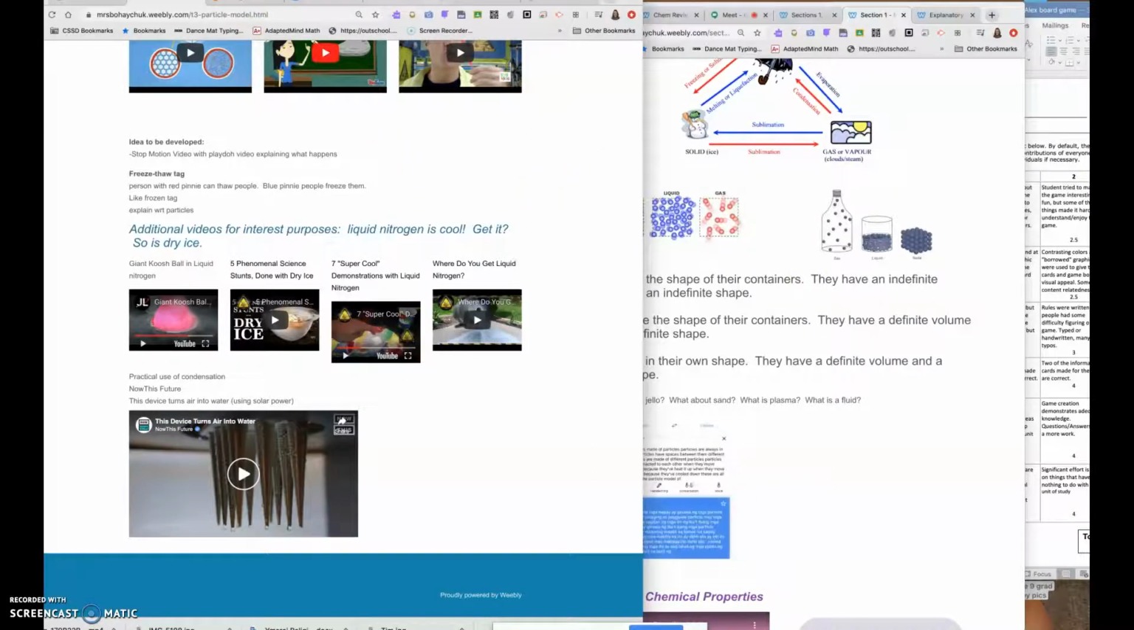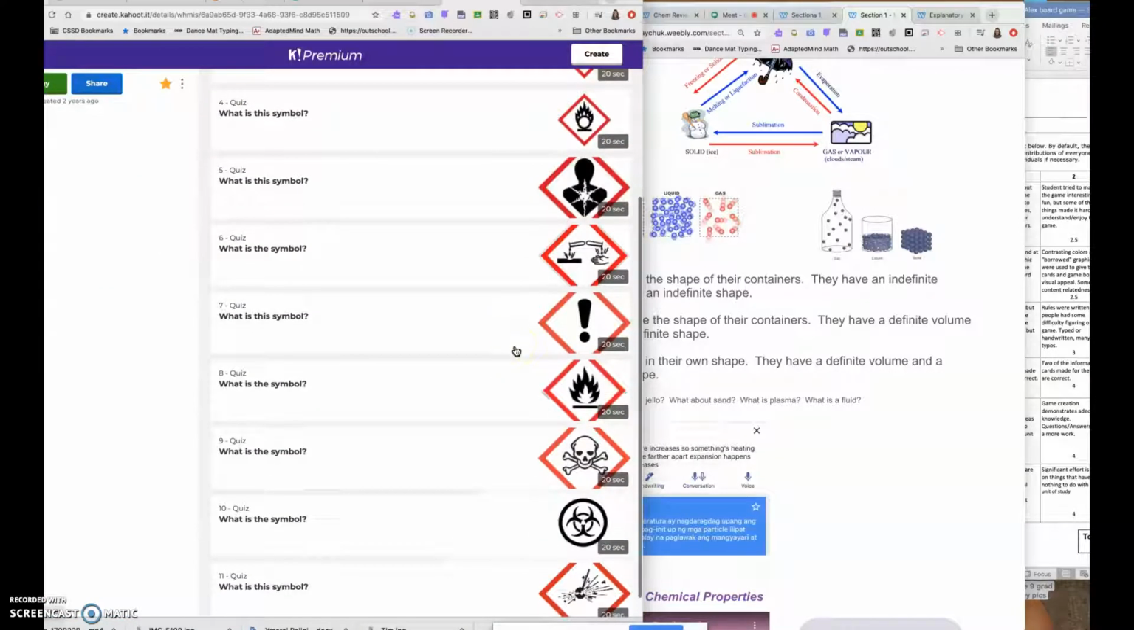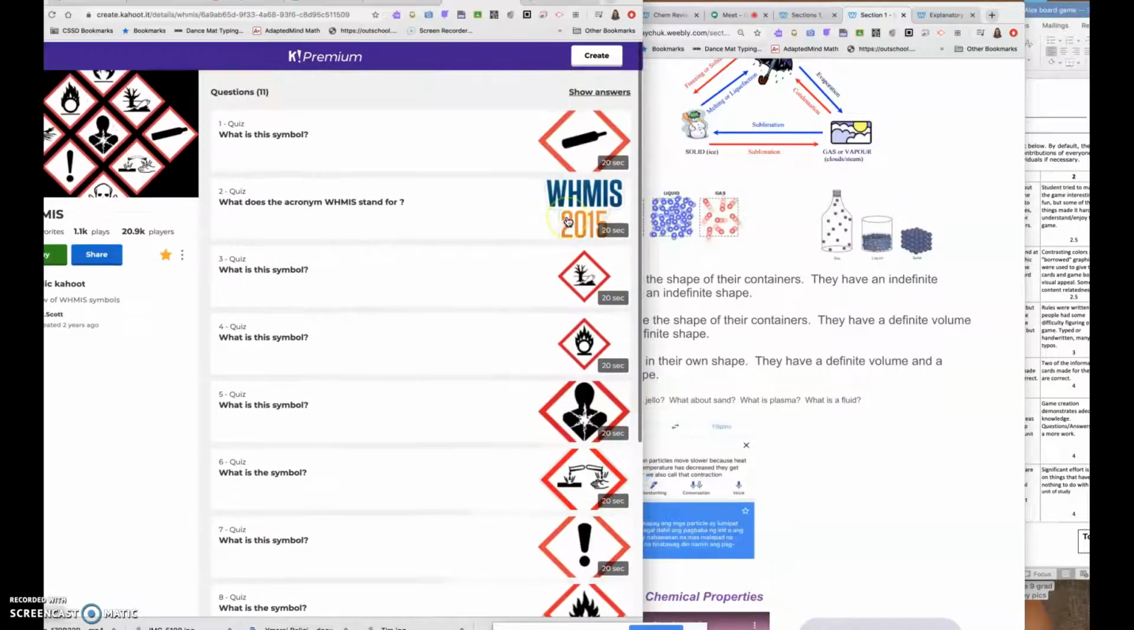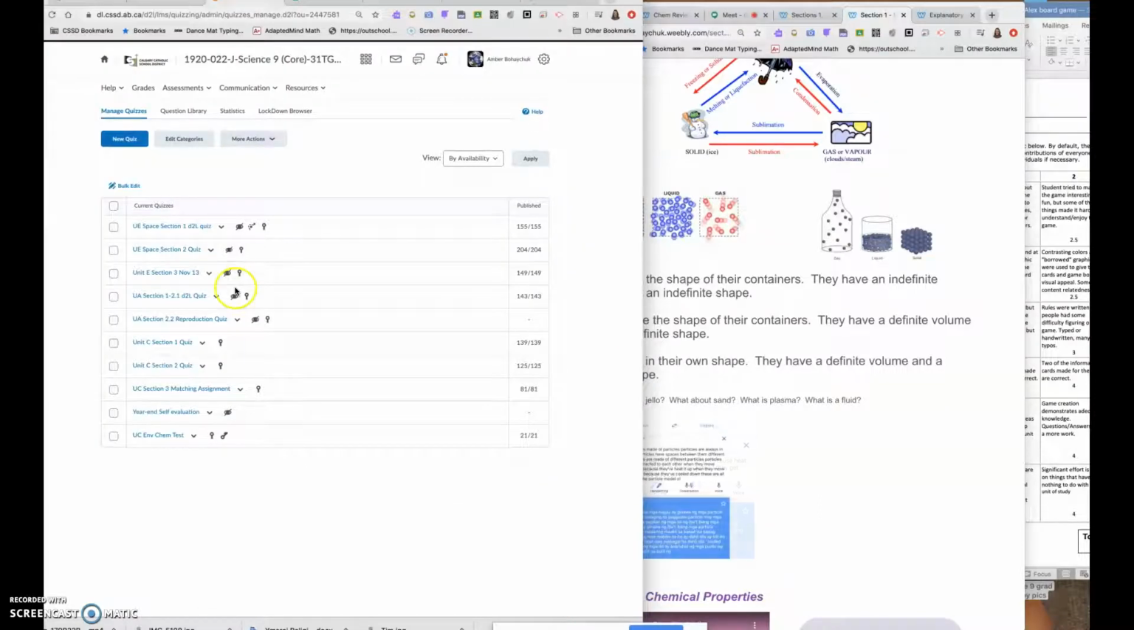Very last two things we did was a Kahoot about the WHMIS symbols. Okay, so please make sure you know what all these symbols are very well. And also to do your quizzes. Okay, so you absolutely have to do everything at this point that starts with Unit C. Okay, Unit C Section 1 quiz, Unit C Section 2, Section 3